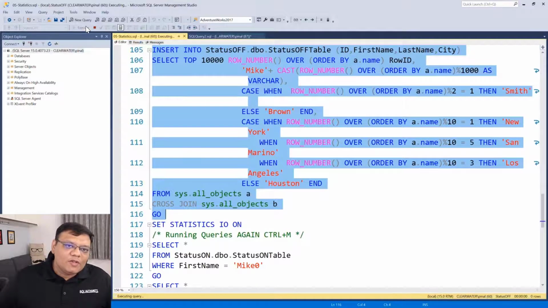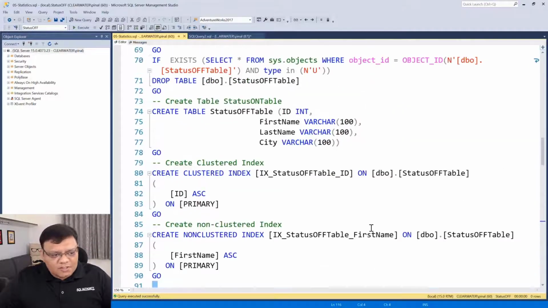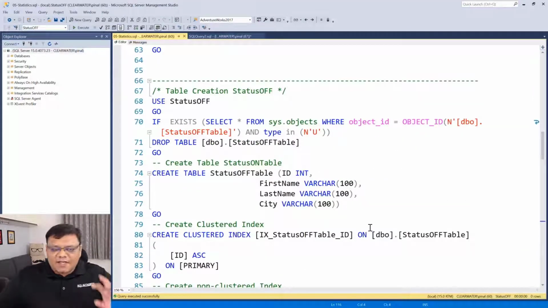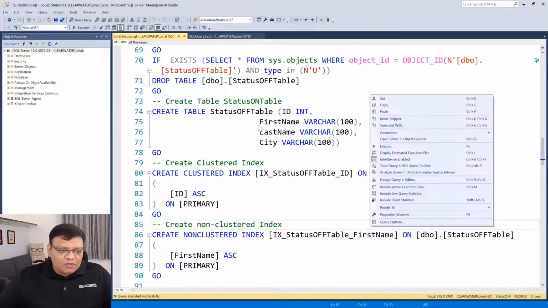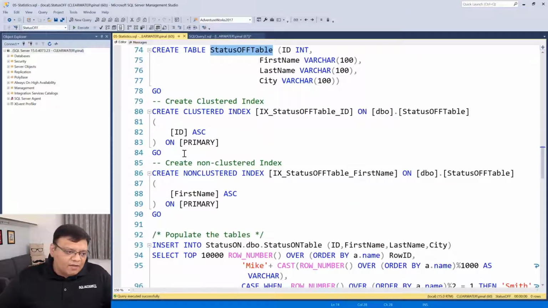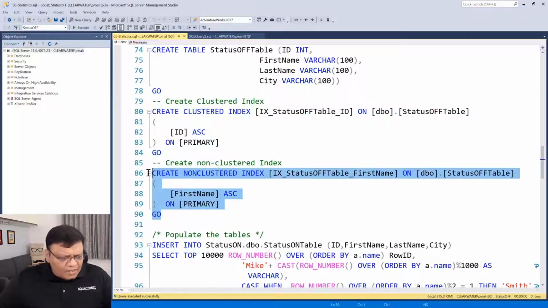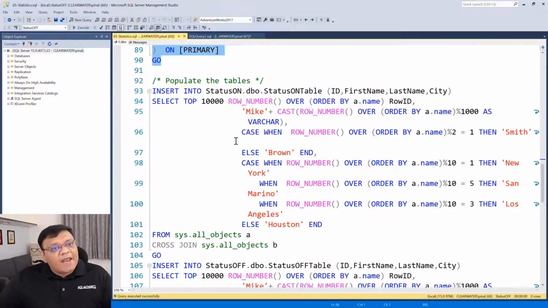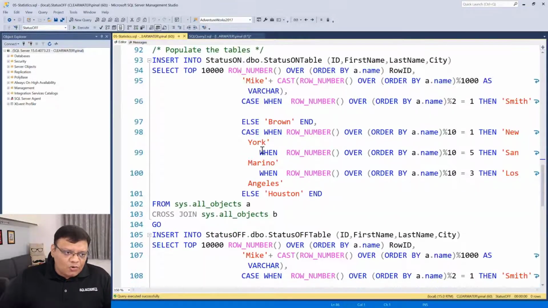While I'm talking about all this, I did a couple of things, and I know I went a little fast, but those who were watching the screen know what I did. I created two identical databases, and both of them have the same table. I created a clustered index on one of them, and for the other one, I created a non-clustered index. So clustered index and non-clustered index. Additionally, I populated both of these databases, which have one table each with identical schema, with exactly the same data, and there are 10,000 rows in each of them.